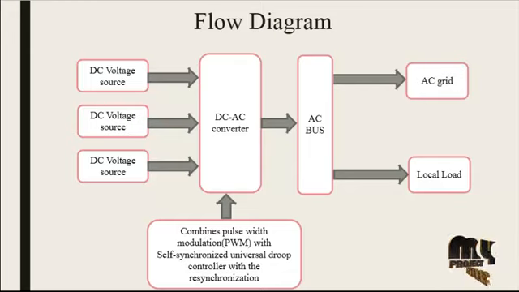Next we will discuss the flow diagram of the product. These are different types of DC source. The DC source provides a 400 volt input. The DC sources are connected to a common DC to AC converter. Different types of switching pulses are given to these converters, which use 6 IGBT switches. The IGBT switches are connected to the common